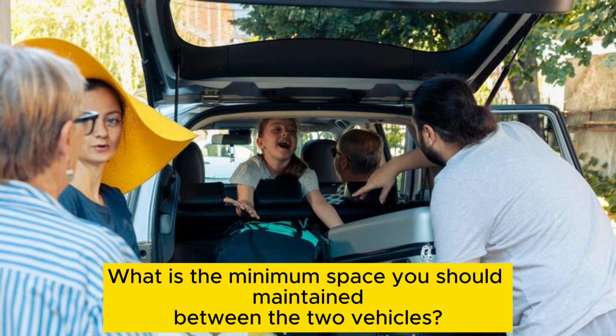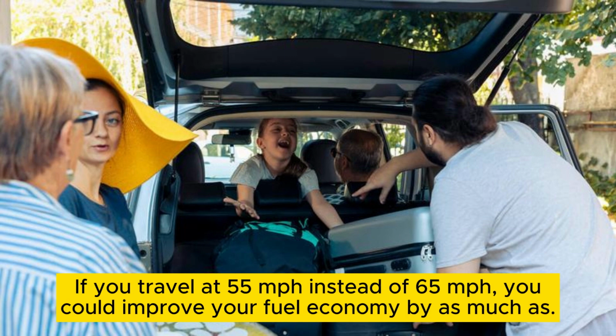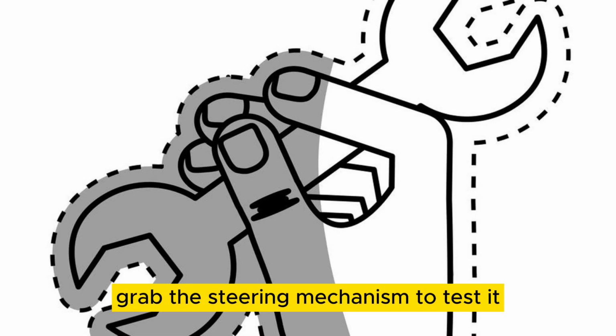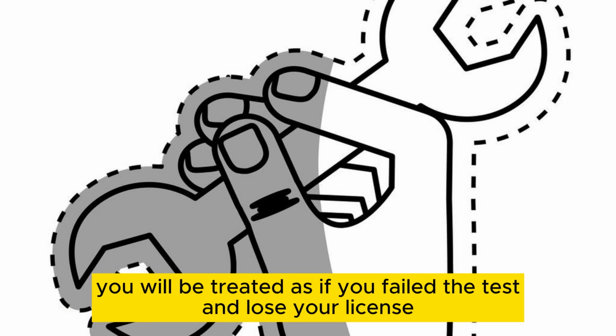Why does the minimum westiami? Any space before a feffel. If you travel at 5.5 mf instead of 6.5 mph, you called in provibariomi. Amelie per galantoyanton, upon reaching your safe speed, you should then brake. 5 slower when per felgram around inspection. What must I meristes? Grab thestirintistinantic. If I go stopography, what will happen? You will betray tffffff